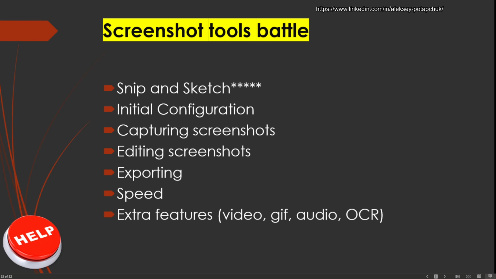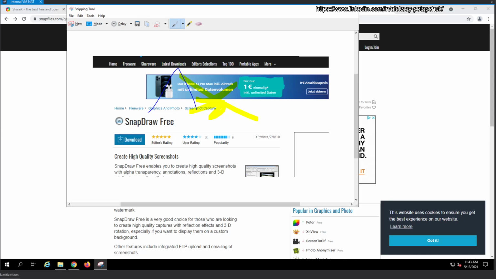Probably the snipping tool was created in the 90s or something, and at the time, screenshots, even if you could capture them, you would not be able to do anything with them. No internet or something. I don't know. I'm speculating because what would be the reason to have a tool that's limited? Okay. So basically, what you can do with it is just capture a rectangle, save it, and edit it in